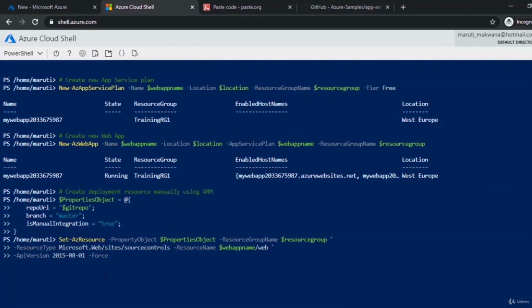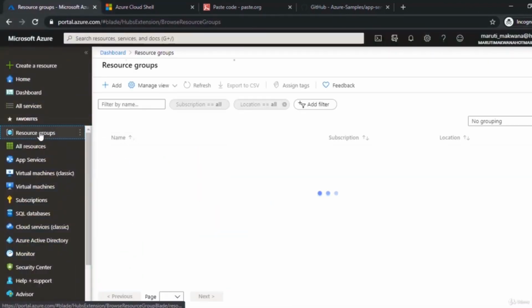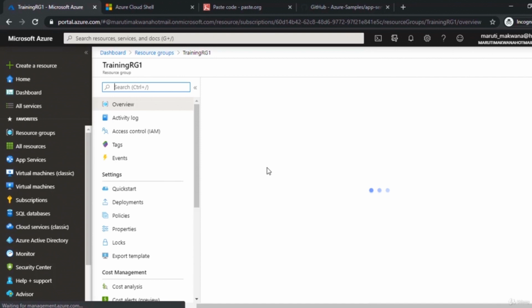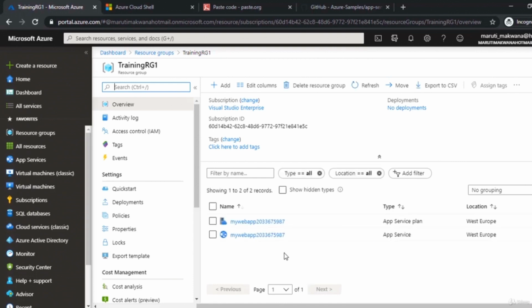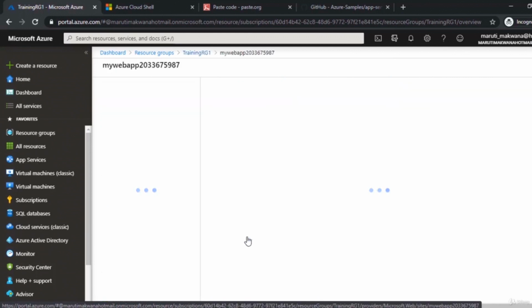While this is doing its work, we can parallelly go to our portal, click on resource groups, and hopefully you'll find a new resource group called training RG1. If I go inside that, I am going to have my app service plan and my app service inside that. You can see this is my app service plan and this is my app service inside that. If I go inside my app service,